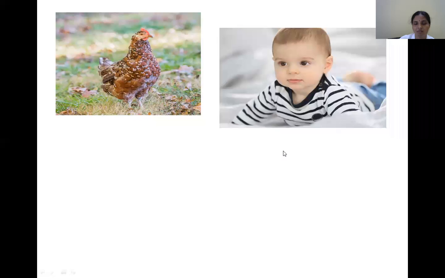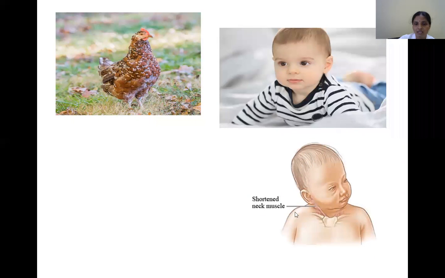Now we are going to see that muscle. See, this is a shortened neck muscle. What is that shortened neck muscle here? It represents the sternocleidomastoid muscle. What happened due to shortening is a congenital abnormality. The muscle size, means length, is decreased, so the head is turning. Shortening means here you see this is a contraction. With the contraction of this sternocleidomastoid, the head can move towards the opposite side. So the muscle on the left side means the head turns towards the right side. So this is the abnormality.